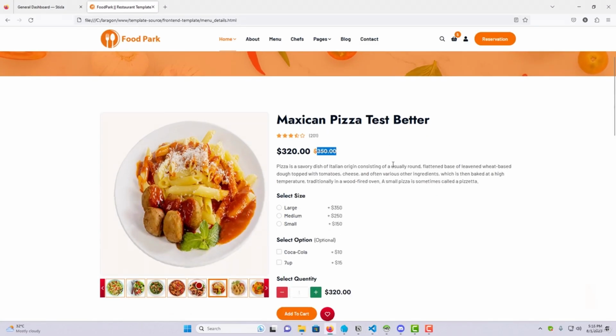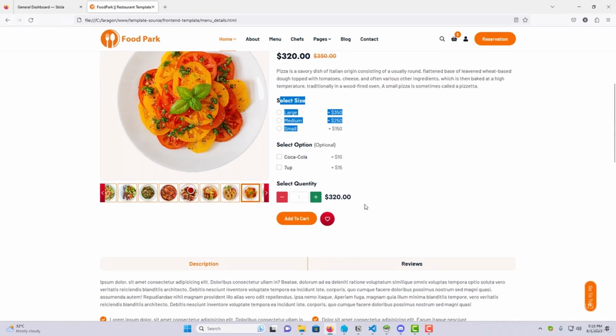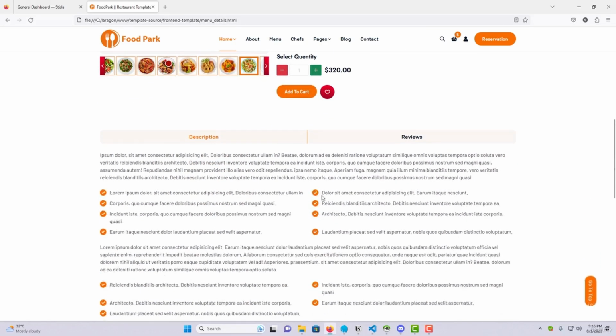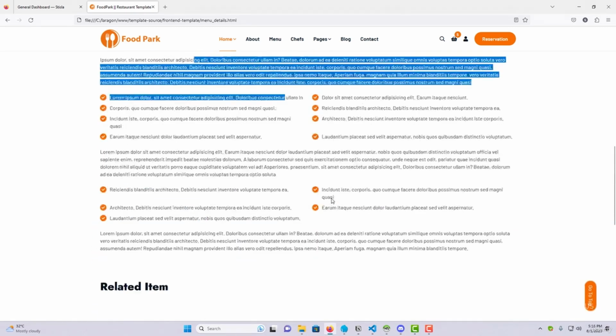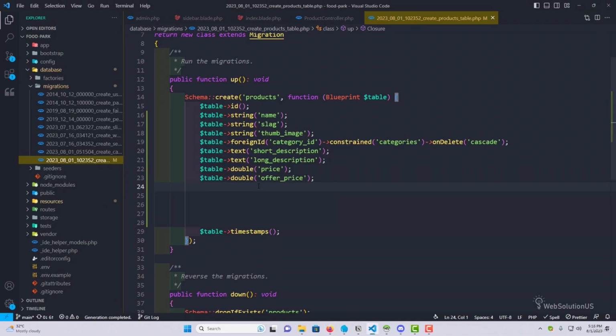Let's go to the front end. As I said, we'll not be working with the size and option size now. We added the description. I don't think we need anything else from our front end here in the migration. Let's add the necessary columns. As we are working with the product, we need a SKU, right? So to hold the SKU, we need a column, then we need a status column, and we also need a show at home column,